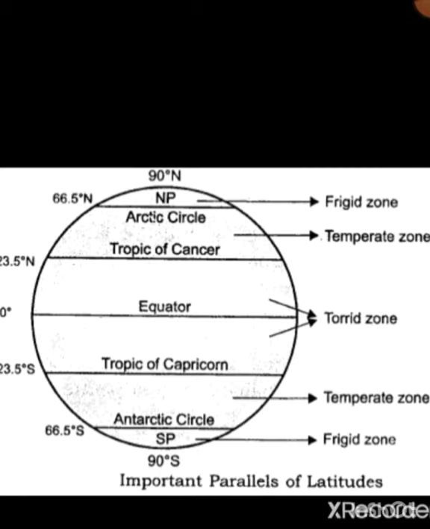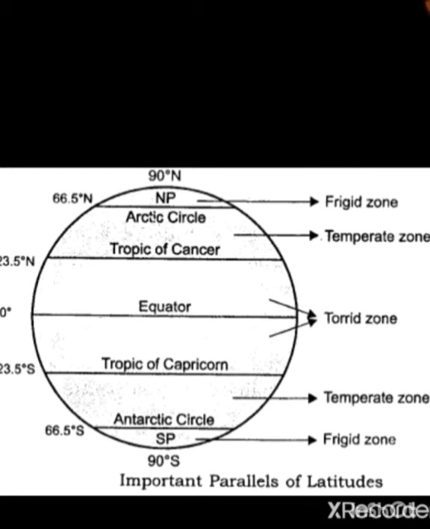Now we will talk about latitudes. Here in this figure you can see four important latitudes which we have learnt in class 5 also. That is Tropic of Cancer, Tropic of Capricorn, Arctic Circle, Antarctic Circle. The degrees are written in the figure. Students, be clear with this that equator is also a latitude, that is at 0 degree. As earlier I have told you, that divides the earth into two equal halves, that is northern and southern hemisphere.